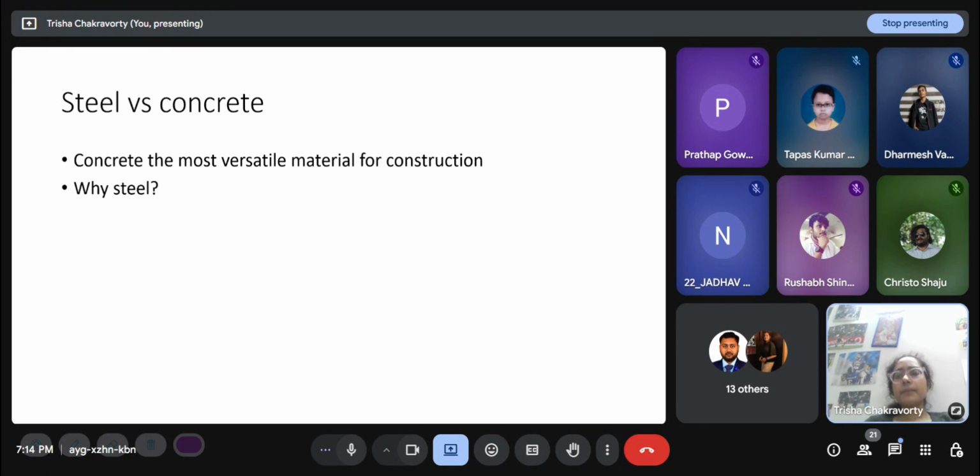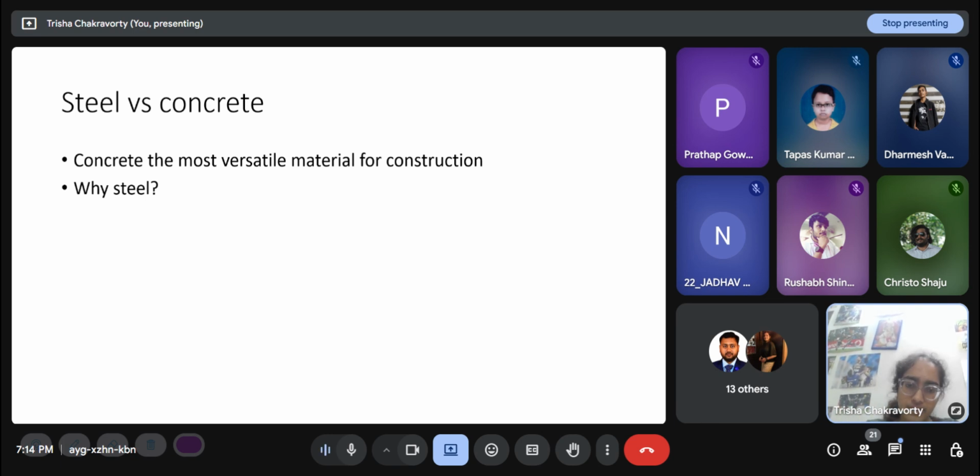Steel versus concrete, this is an obvious question. Suppose I want to build a structure, I need as input what it is being built for and what the constraints are. Then we also have to take a call on the material, though in the practical world it is generally not up to the engineers to say whether it should be steel or concrete, but as engineers we should have an idea about it.